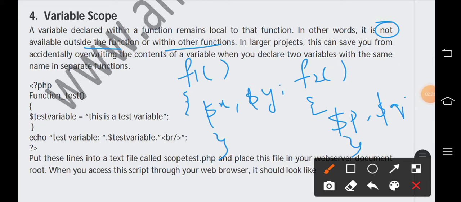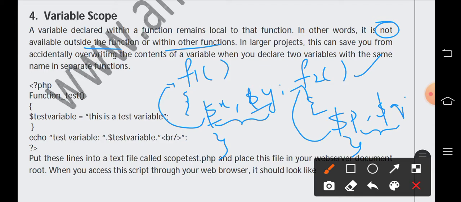That means here x and y remain local to function f1, and p and q remain local to function f2. So we cannot use x and y in f2. Similarly, we cannot use p and q variables in f1.